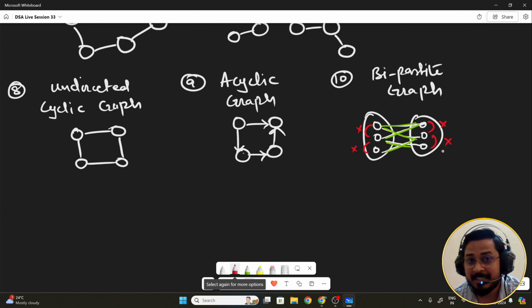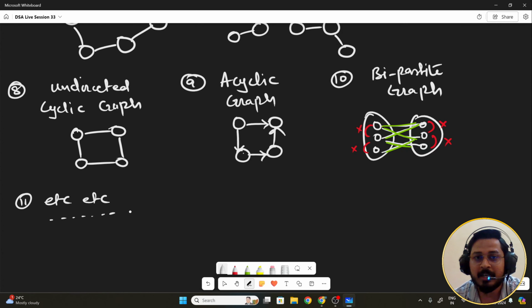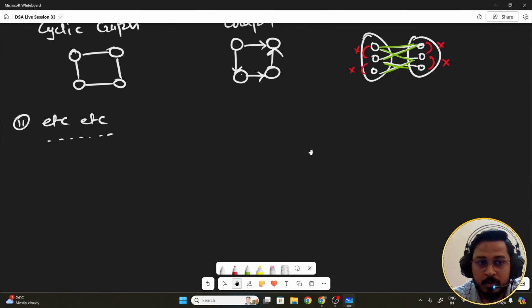And now these are some of the graphs that everyone knows and remembers. There are various different types of graphs, but these are the graphs which are generally asked in interviews. I hope this is very, very much clear to all of you. Okay, quickly let's move on to the main thing,